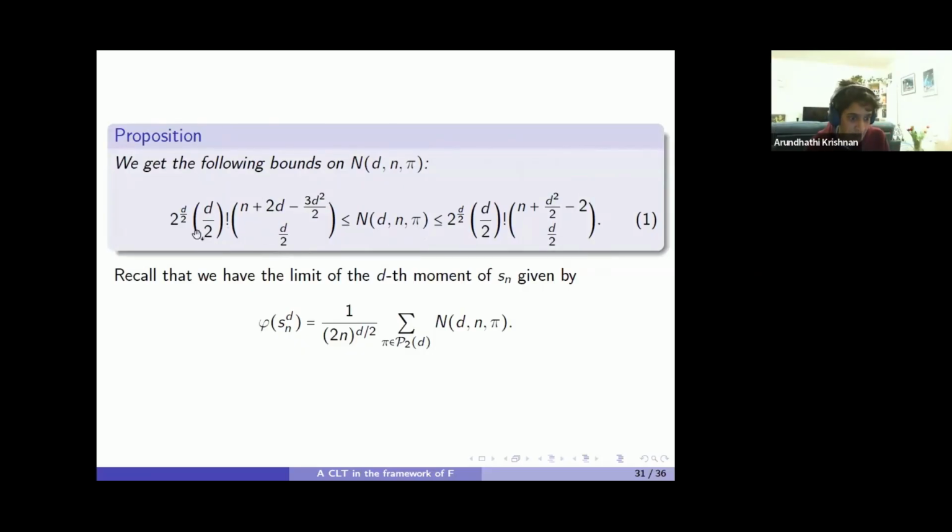So you just get something here which approximately looks like n choose d over 2, because everything else there doesn't really contribute in the limit as n goes to infinity. And similarly, this factor here is just close enough to n choose d over 2, so that when you do a bunch of cancellations on both sides,